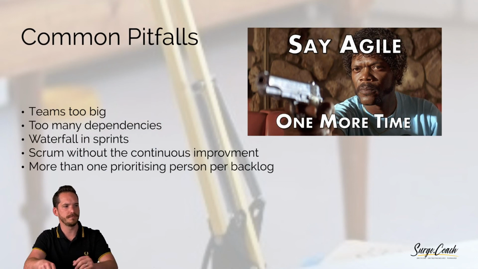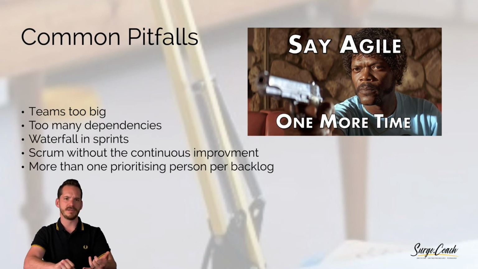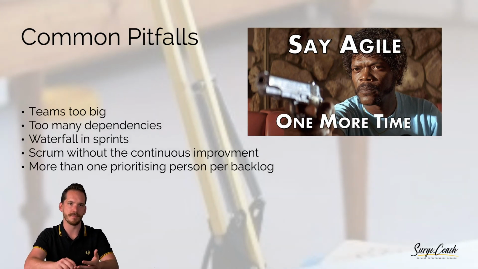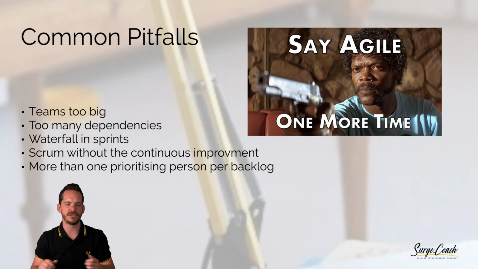Here are some common pitfalls. Team's too big, too many dependencies. So team's too big. Look, I love 5 people, but I keep hearing about these 15-person teams. So 10 people is better than 15. 8's better than 10. 5's better than 8. Okay, start where you can, move from there. Too many dependencies. If you have spaghetti dependency maps going on, just start again. Reshuffle the teams. People are going to think this is agile, and it's not.